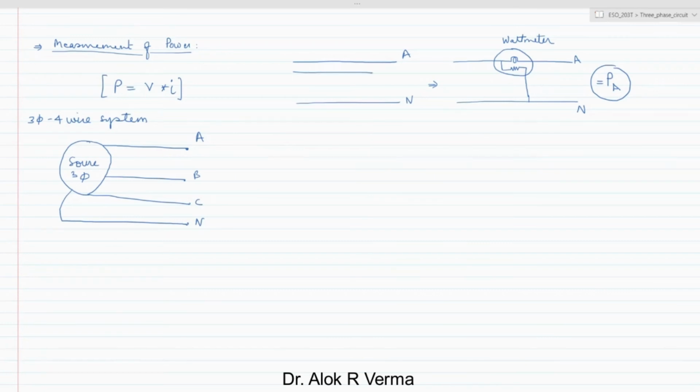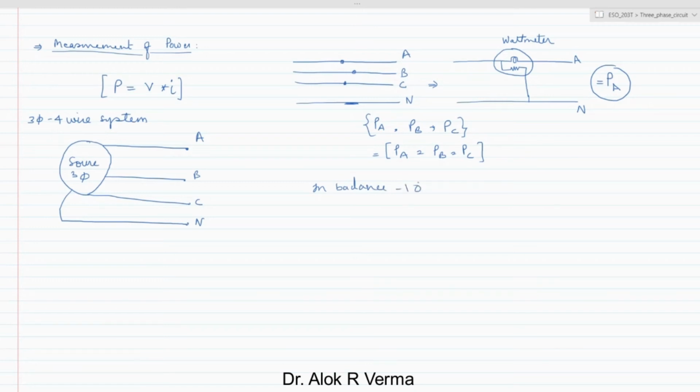Okay, so now we have phase B and phase C. One by one we'll connect between these phases and neutral. Then we'll get three readings, PA, PB, and PC. So if this is a balanced condition, PA will be equal to PB equal to PC, which means that in balanced condition,